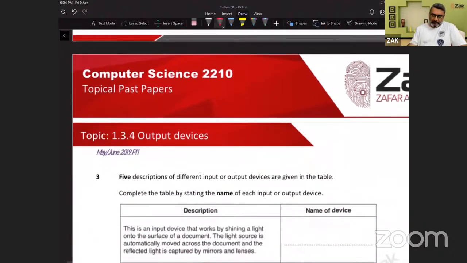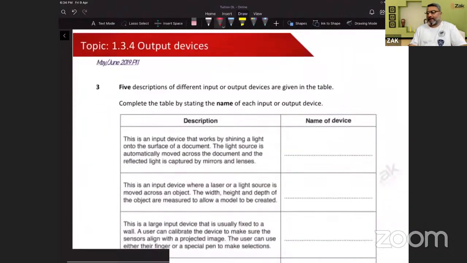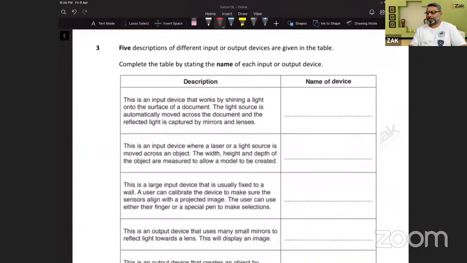Now, this is an input device that works. Sir, can multiple sensors be used, such as acoustic pressure? Yes, beta, they can be used, but you would have to actually just tell about one. अब जो आखिरी वाला सवाल था उसके अंदर ये इट्स अप टू यू, सूटेबल सेंसर आपको बताना है। जब उसने खुद कुछ नहीं बताया, कोई हिंट नहीं दी, तो आप सूटेबल सेंसर कोई सा भी ले सकते हैं।